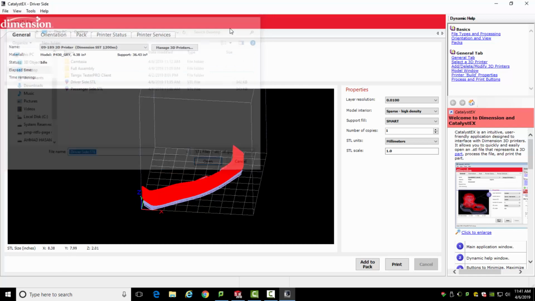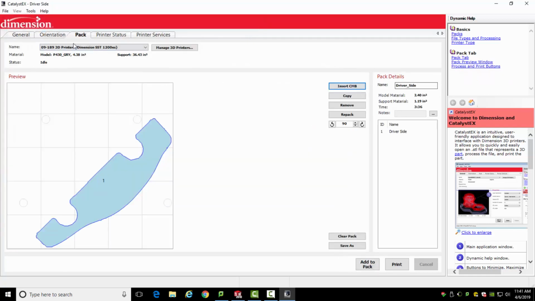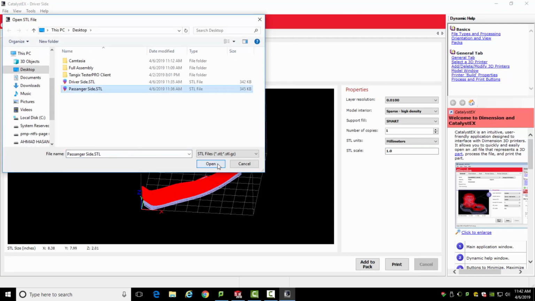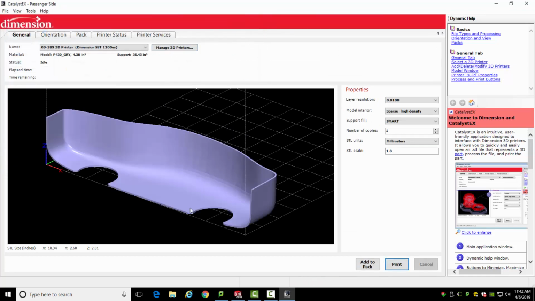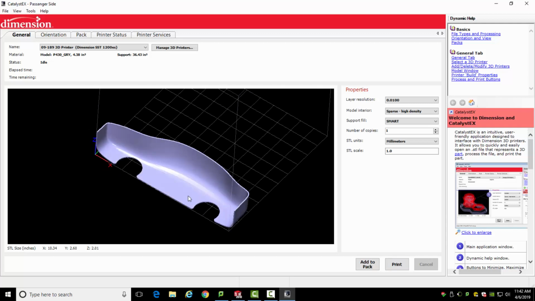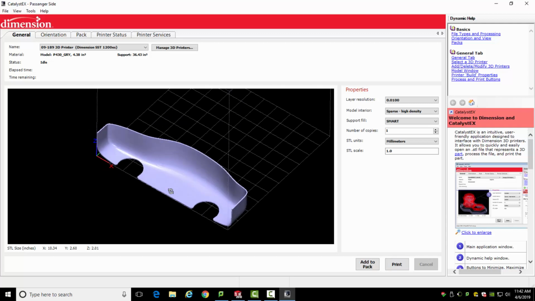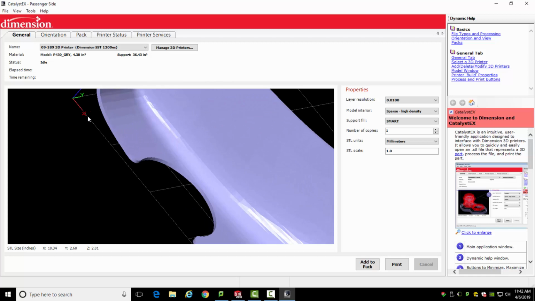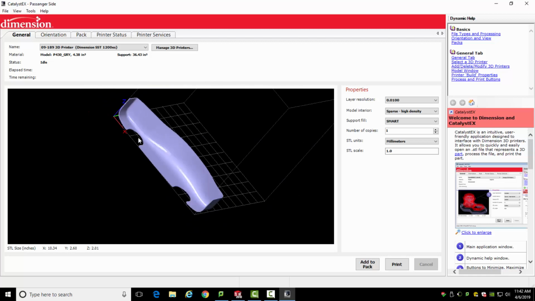And I believe we did the driver side for this one. Let's do Open STL. I'm going to import my passenger side. So the orientation, that works, right? I want it this way. Again, just like we've talked about, there are only overhangs here, right? It's going to fill in the support for it to build that angled